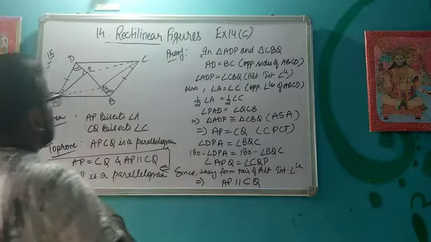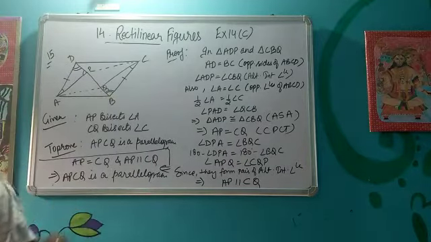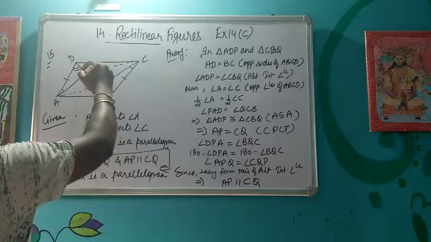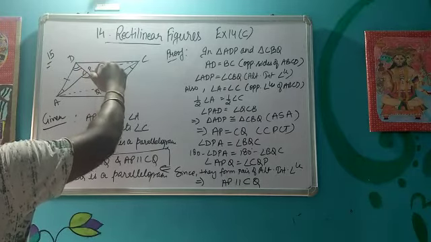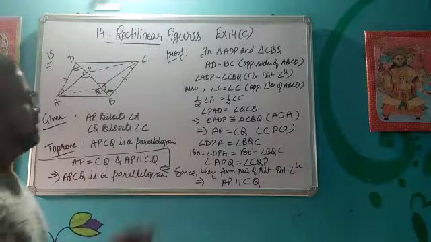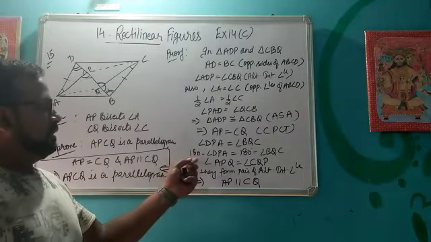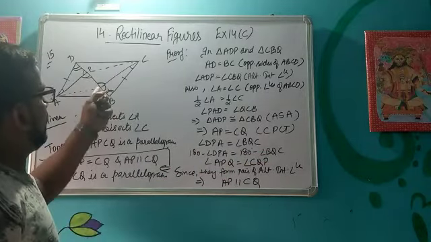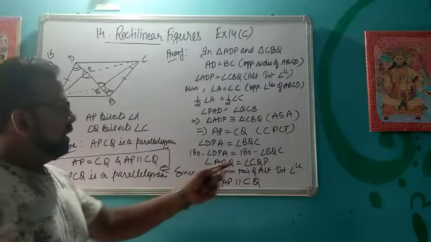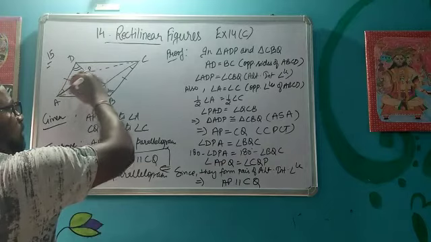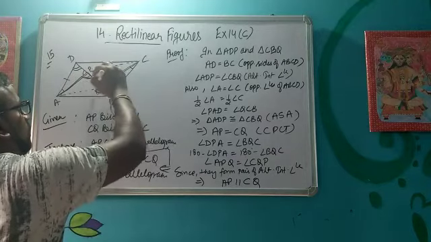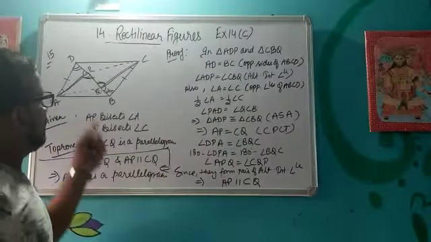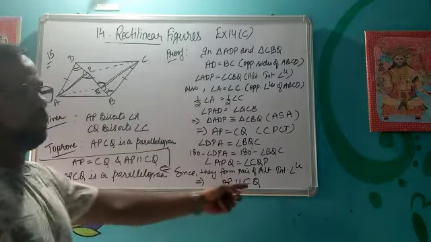Also angle DPA, this is angle DPA and this is angle BQC. So these two angles will be equal to each other. And if these two are equal, that means this portion is also equal because they are the exterior angles. So I have subtracted these angles from 180 degrees, so I got these interior angles APQ and CQP. But if you see very carefully, they are forming a pair of alternate interior angles, and they can only be formed whenever the lines are parallel. That means AP is parallel to CQ also.